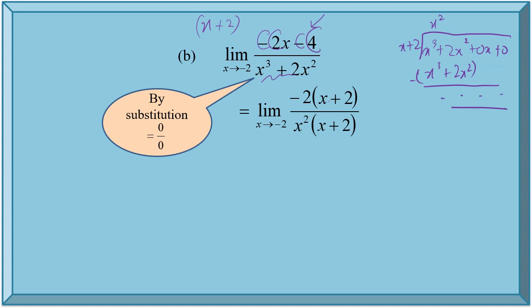So here we can cancel out the x plus 2. What remains is negative 2 over x squared. And then we need to substitute 2 for the value of x. Replace x with 2, so we get negative 2 over 2 squared, sorry, it's negative 2 here, so we get negative 2 over 4, so negative 1 over 2 is the result for this question. Okay,